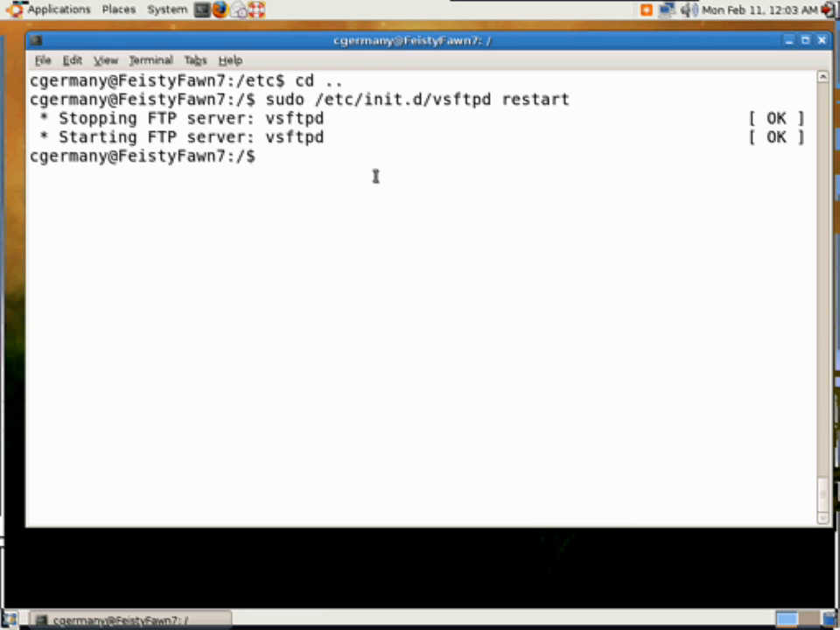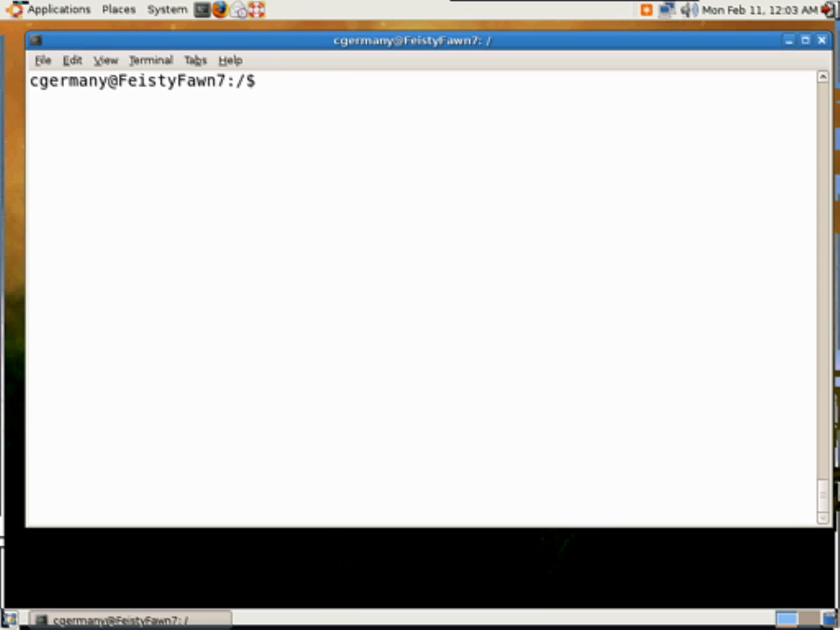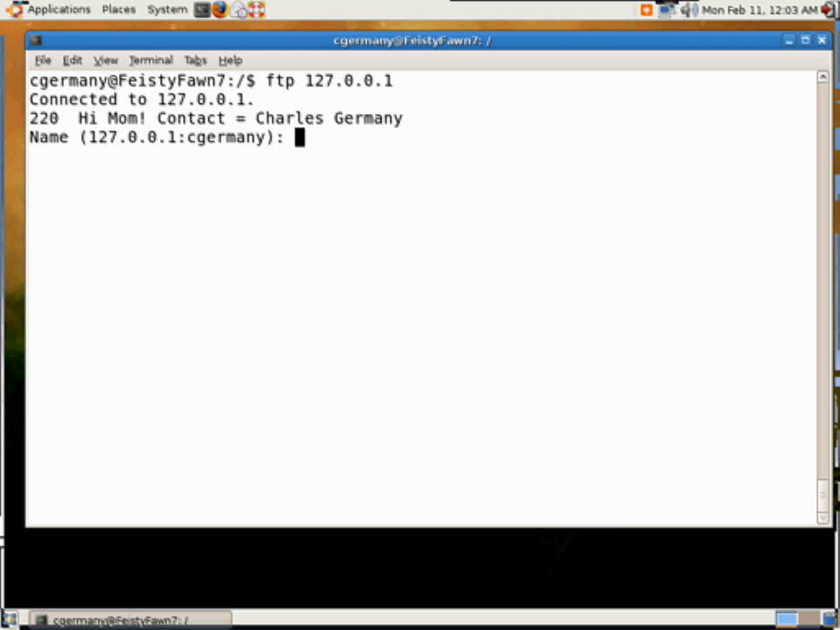It says okay, so let's go ahead and test it out. And up here I'll just FTP and I'll use the loopback 127.0.0.1. And here's my message banner. Hi Mom, contact Charles Germany. Alternatively, if you want multiple lines of text, like what I have on Frankenstein, it's just an external file. You can have it go out and read an external file and load that text in there. But here, just a quick and easy way, or quick and dirty way to put this in the VSFTPD conf